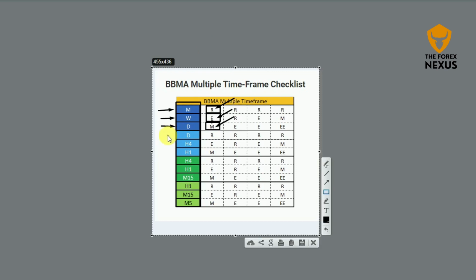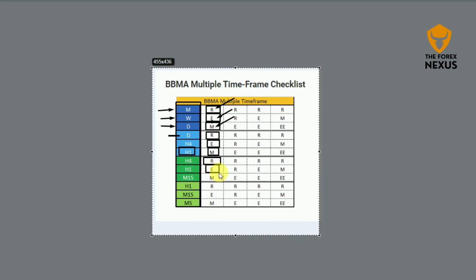If you identify a re-entry after CSD or CSM on the daily time frame, okay, so on daily it's a re-entry, on H4 the second time frame, we need extreme, and we need MHV on the H1 time frame. Now if we got a re-entry on H4, the first time frame will be H4. So the identification of re-entry on H4,